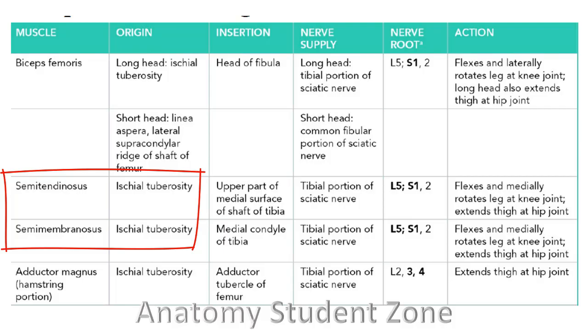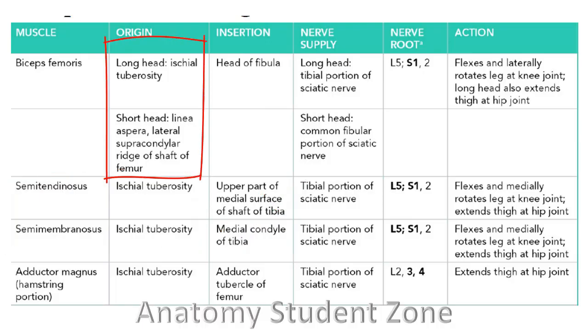Among those hamstrings, the semimembranosus and semitendinosus, because they were on the medial side, distally they are going to attach on a medial side bone, as you can see here, and this is the tibia. While the long head of biceps femoris and the short head of biceps femoris have a common distal attachment, and we can identify these muscles on the lateral side, and of course they have a distal attachment on the lateral side bone, that is the head of fibula.